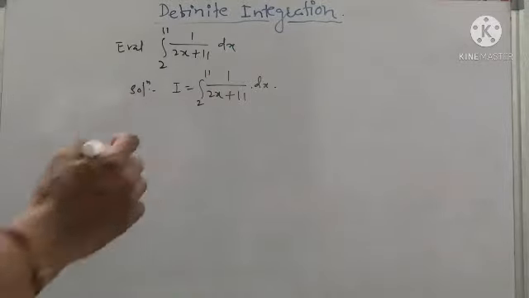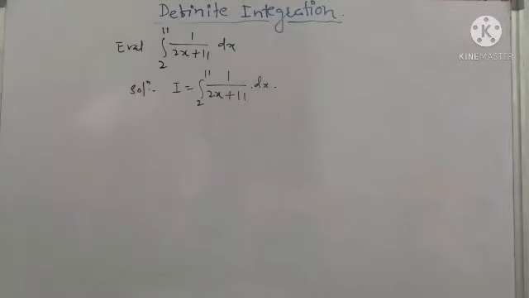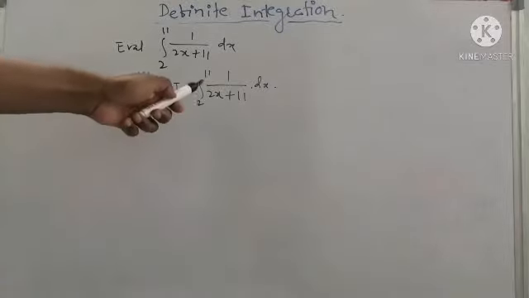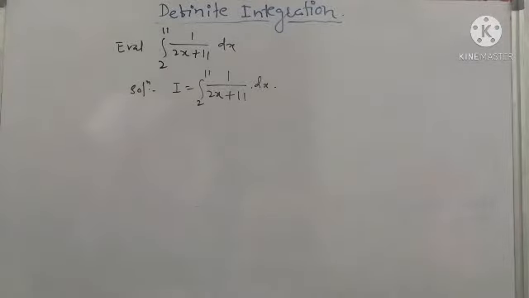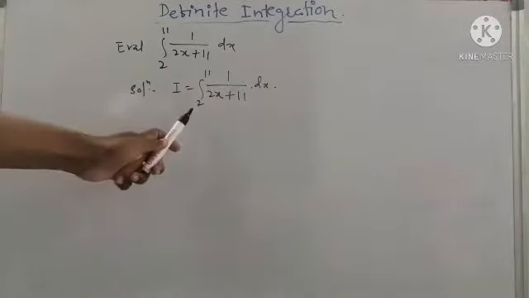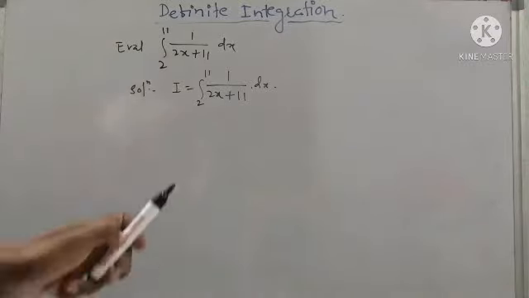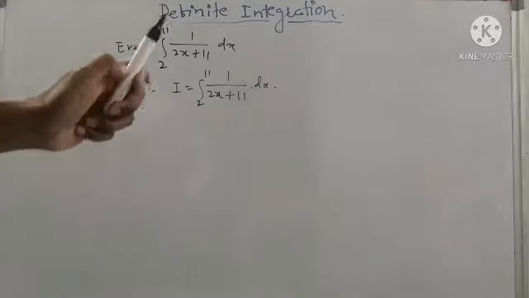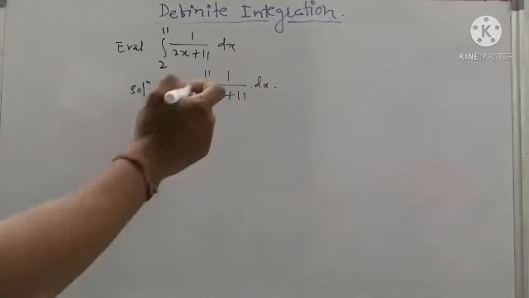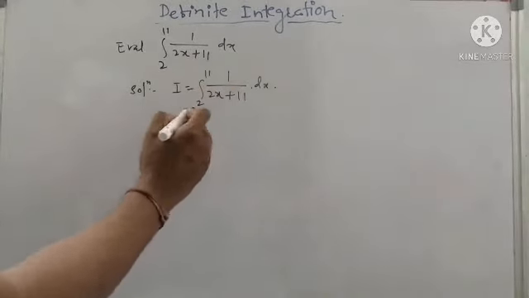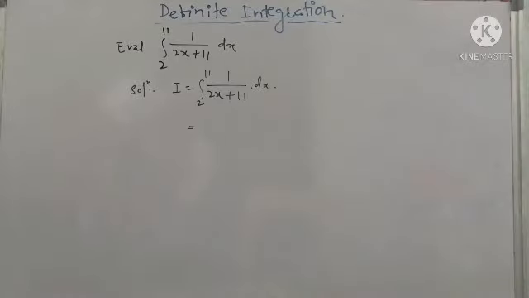Here I is equal to the integration from 2 to 11 of 1 upon 2x plus 11 dx. These are the limits of integration, so this is an example of definite integration with lower limit 2 and upper limit 11. That means the lower value of x is 2 and the upper value of x is 11. Now this is of the form 1 upon ax plus b, which has integration in the form of log